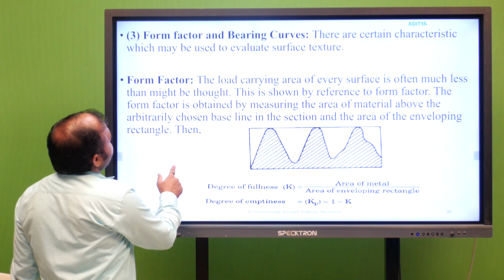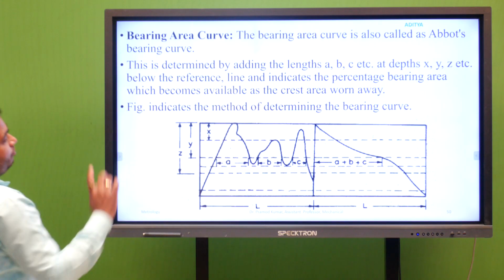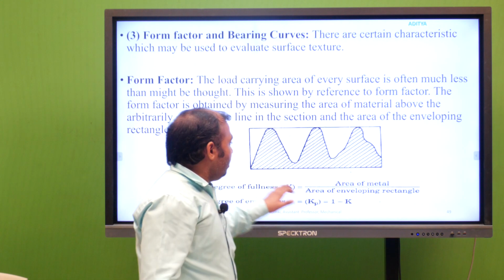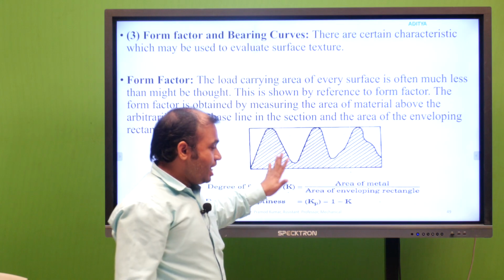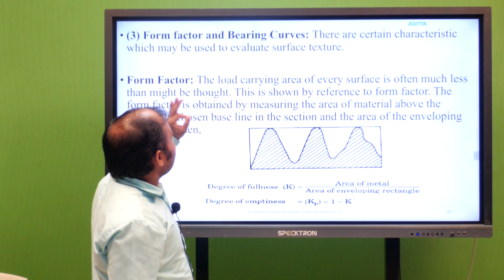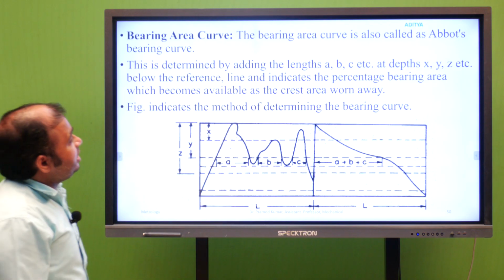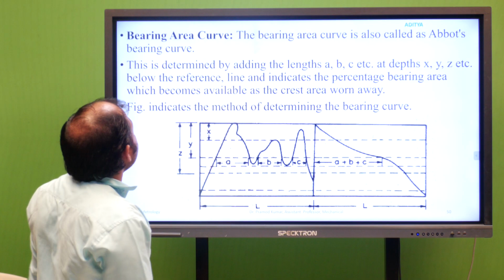Now the bearing curve. In this complete rectangle, this shaded part has been taken for the consideration of form factor. Now for the bearing curve, you can say the bearing area curve is also called the Abbott's